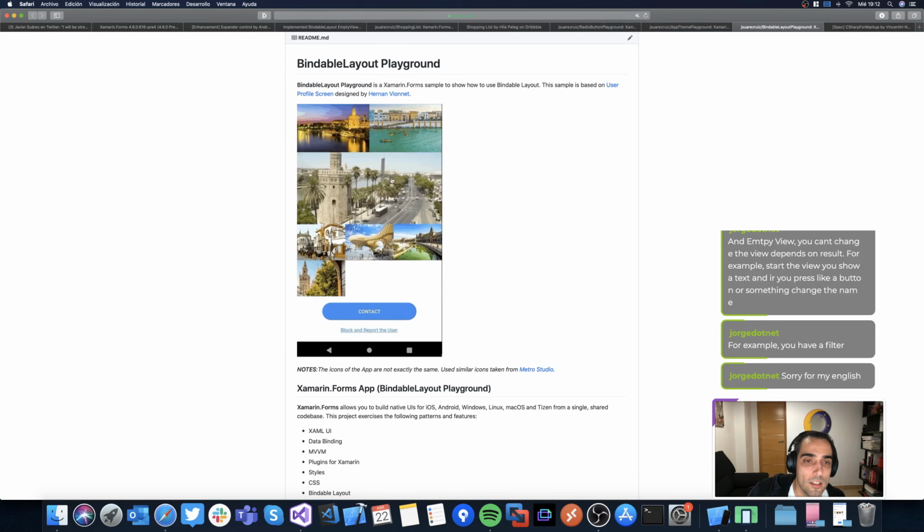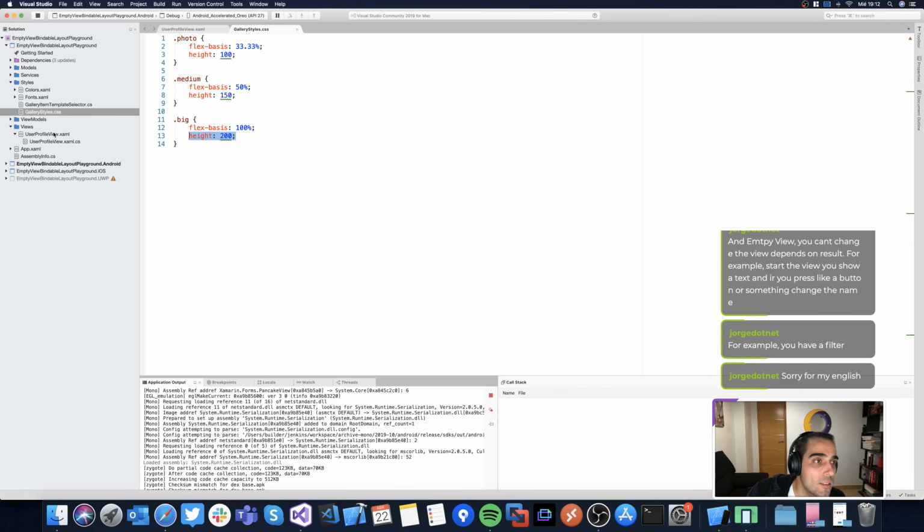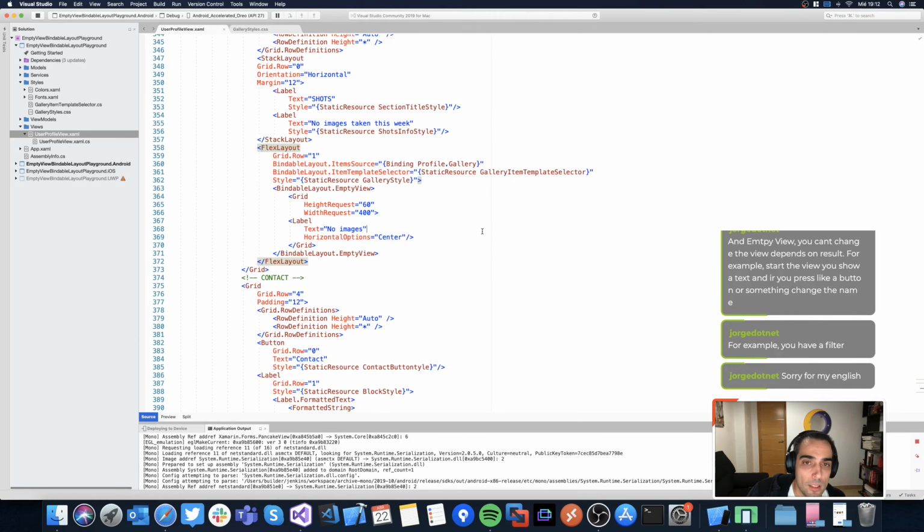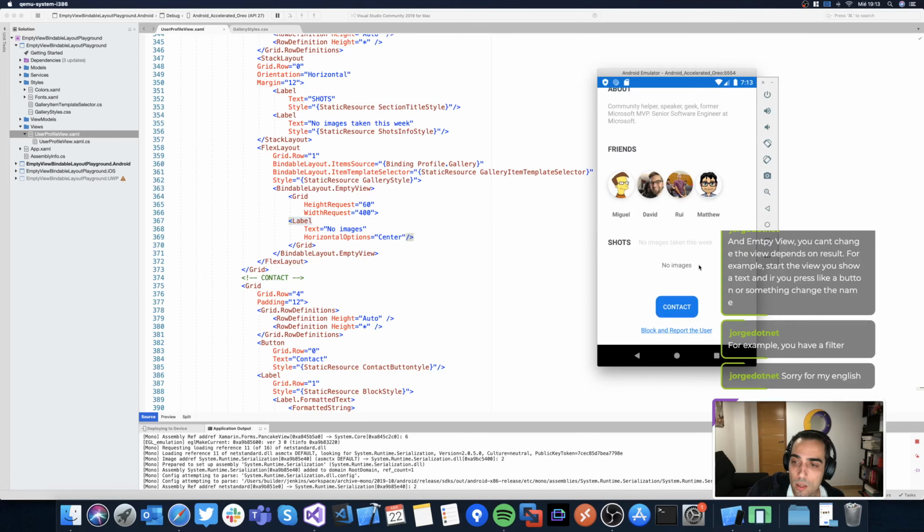Yeah. And what is happening now is that when we bind this to the gallery, if we don't have any item in the gallery, or the gallery is null, for example, we can define now something like this: empty view, label, no image. That is what we are showing here. So yeah, it's working in the same way that probably you have seen before in collection view or carousel view,